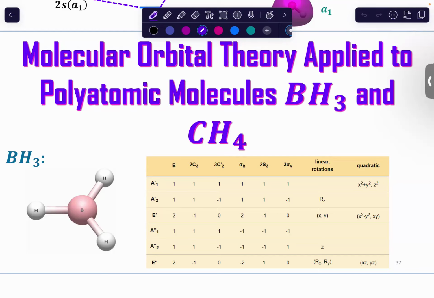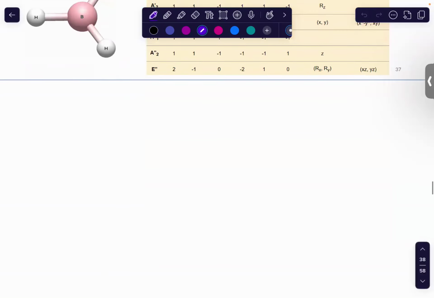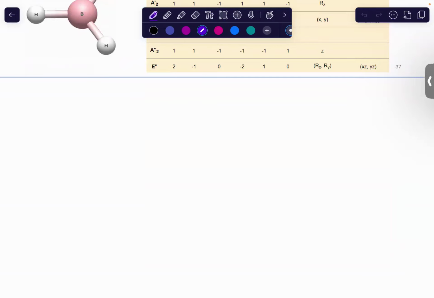So we saw that the PZ orbital is an A2 double prime, and the PX, PY are E primes. Okay, so we did that. Let's start looking at the ligand group orbitals. We're going to look at this from the top down. So what we're going to have